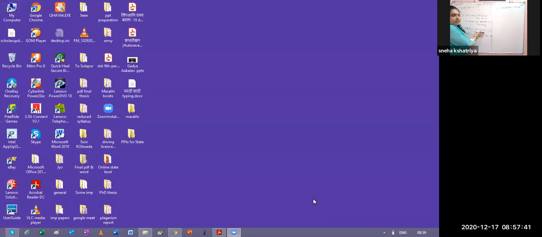So let us consider equation number 1. It is x plus y is equal to 50. From this, find out the value of x. X is equal to 50 minus y. Call it equation number 3. Put the value of x in equation 2. Whatever the value of x is in equation 3, that value we have to put in equation number 2. So write here, put equation 3 in equation 2.